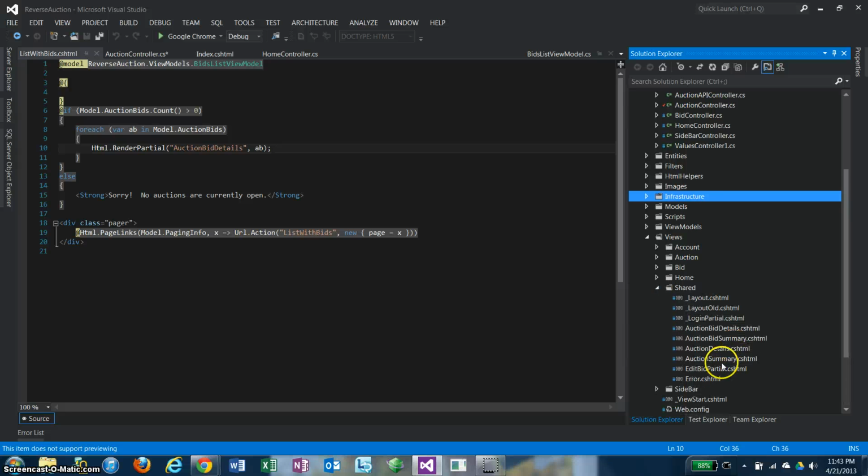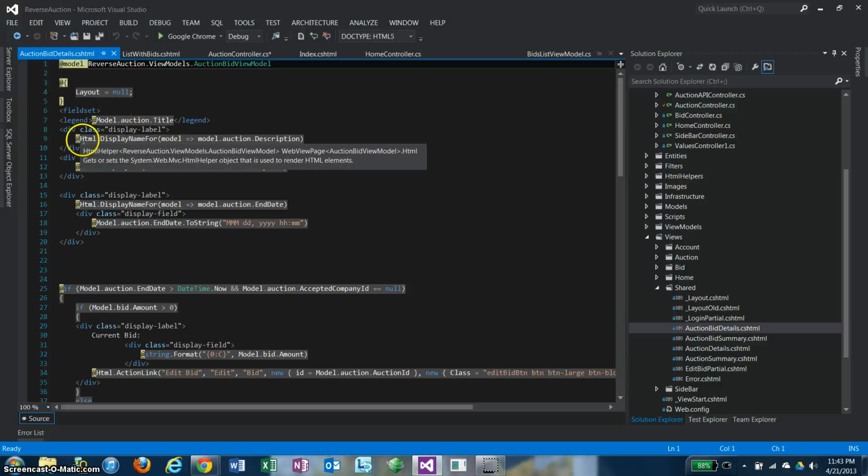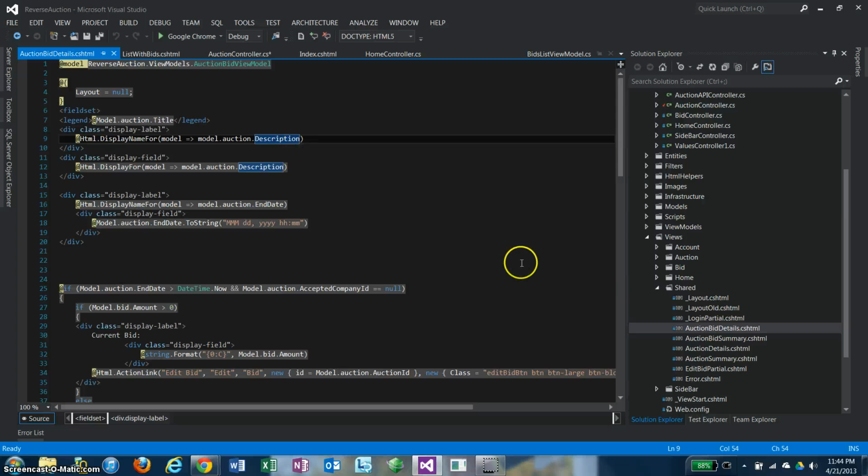So I can go to auction bid details, there it is, and so for each of those models it gives this the model here, auction bid view model, and I can then use it in my razor expressions down here, and here I do the display name for, and because I have that model.auction.description, it gives it the display name that I gave in my entities in my models there, as I talked about before, and then I have it display the information for that description. These are razor calls that make it